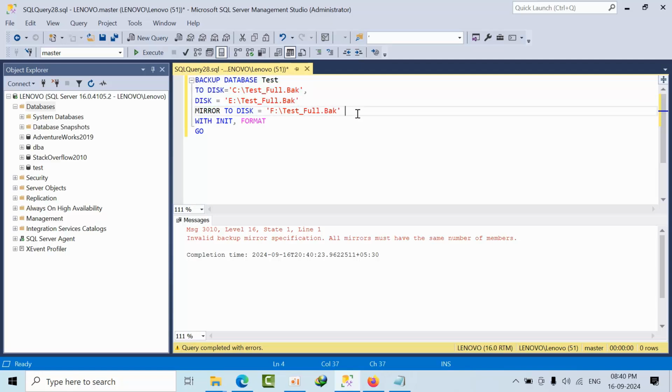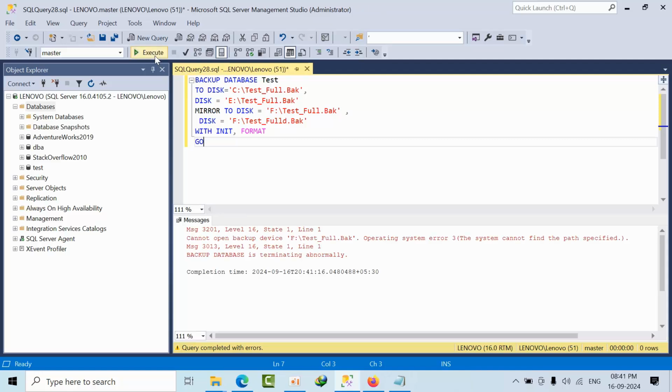Now come here. Now mirror to disk is equal to, you have to mention this path, or you can remove this one, or you can add a comma and text like full underscore something. Now if I use this command, it will succeed. Now the F drive is full, not underscore. I will change it to the C drive. Now if I click execute,